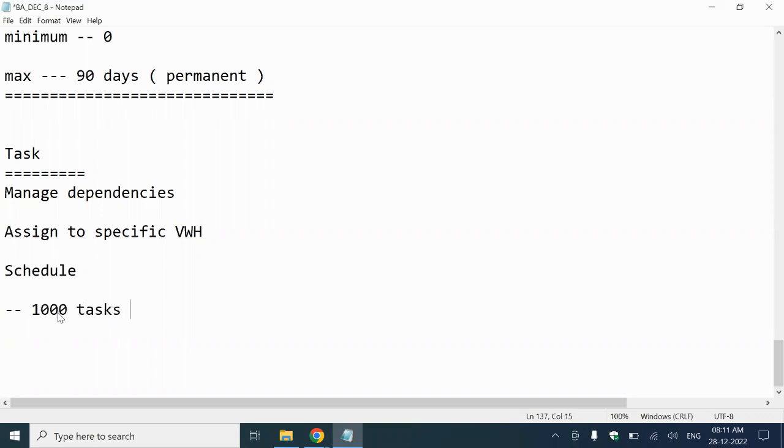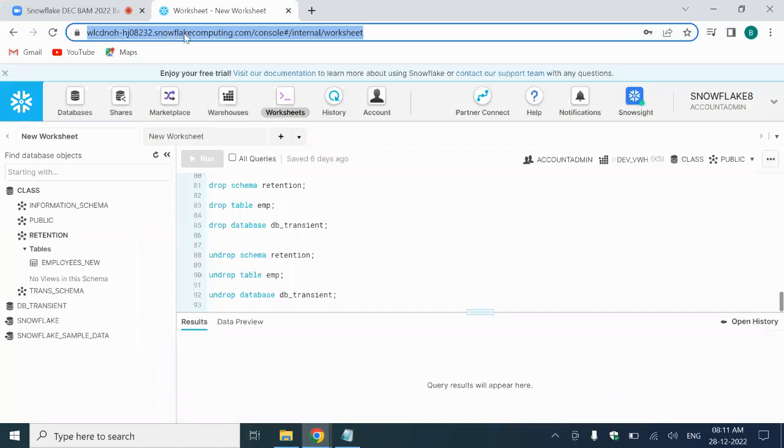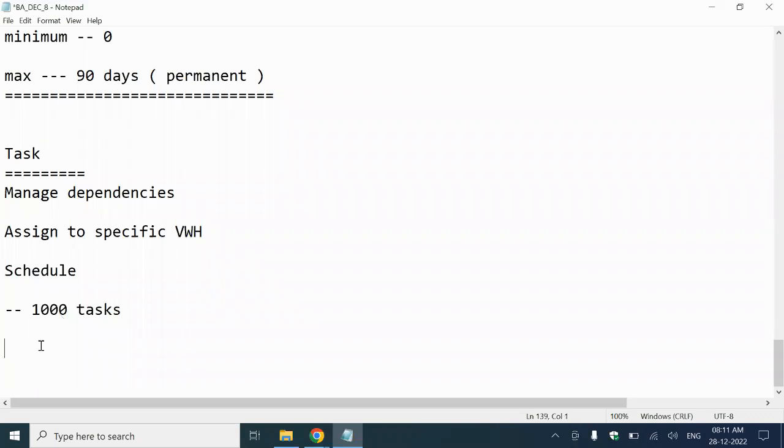1,000 tasks all together. Remember this. You can create 1,000 tasks all together. It means within an account, including all users. If this is an account including all the users, we can create 1,000 all together. That is a limitation. And when it is coming to the parent task, for one parent